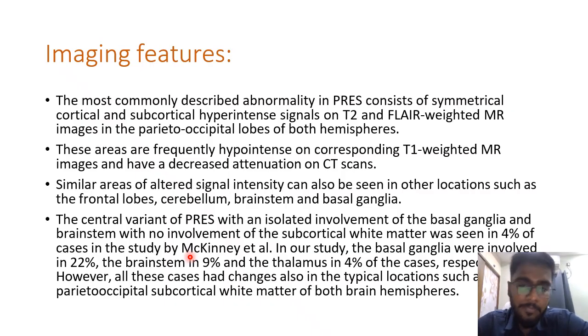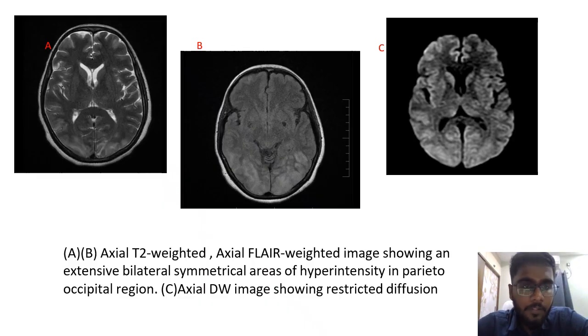But in our study, the basal ganglia was involved in around 22% of the patients, brainstem in 9%, and thalamus in 4% respectively. However, all these cases also had changes in the typical location along with the central variants. The first image is a T2 image, the second image is a T2 FLAIR, and the third image is a DWI. All these sequences show a symmetrical